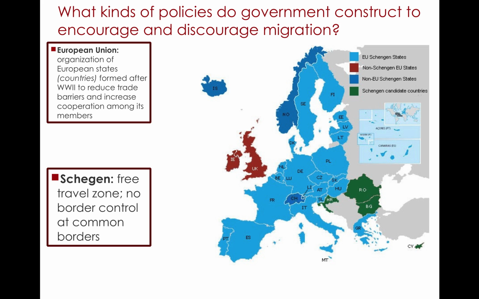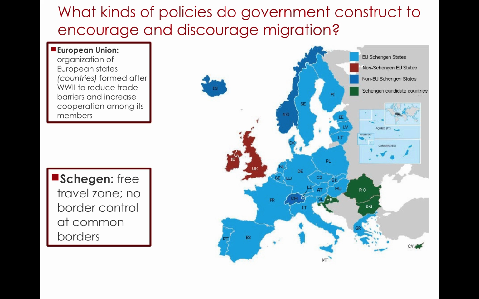One thing that's interesting, a different kind of policy that encourages and discourages in some senses, but encourages migration, is the policy of the European Union. We haven't gotten to our political geography unit yet, but the European Union is a supranational organization, which means its authority is above that of a national government. Different countries come together and give the European Union power. So the organization gets its power from its member states. And the European Union is essentially an alliance, and that's an oversimplified term, but that'll function for now, between many of the countries of Europe.